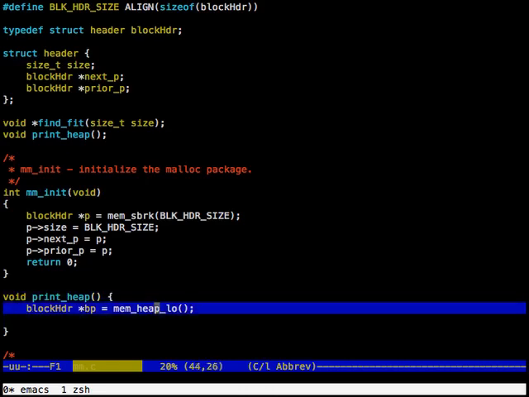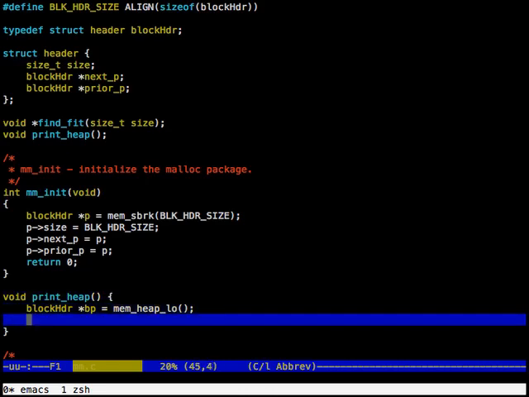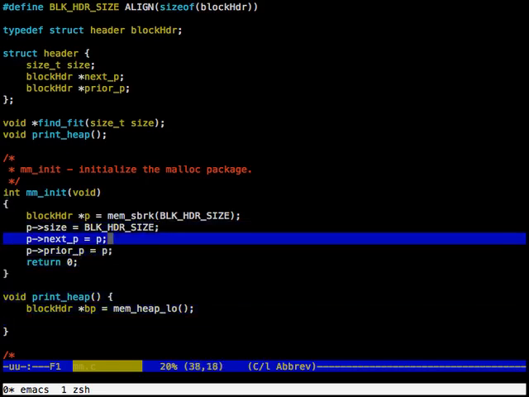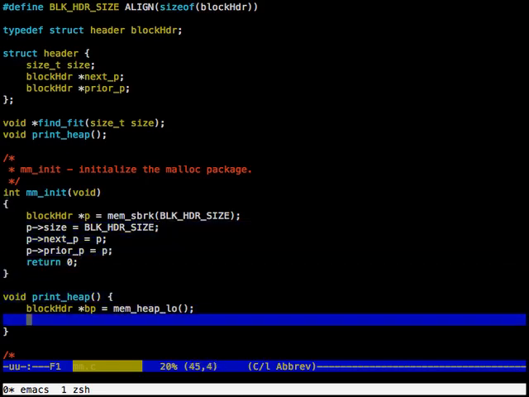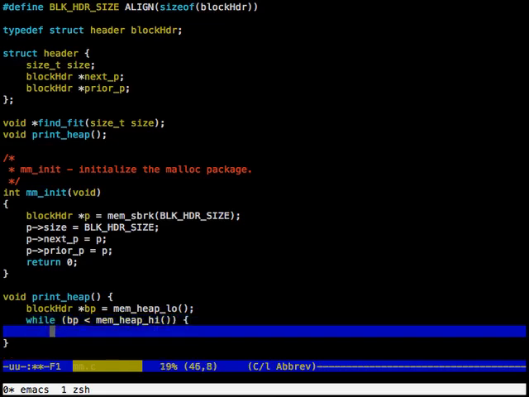But all right, so we have a block pointer to the first block, and now I'm going to want to use the size of each block to navigate through the heap and print things out. Okay, so how shall we do this? We want to iterate while BP is less than mem heap high, and I'll have ourselves a fun printf statement. We want to figure out whether we have a free or empty block. We want to print out